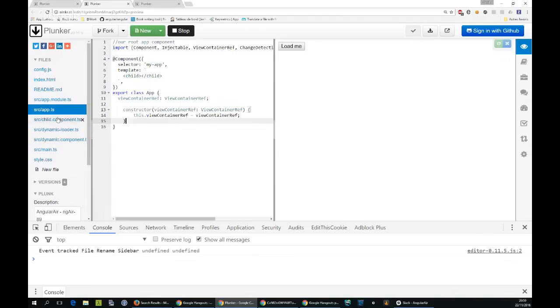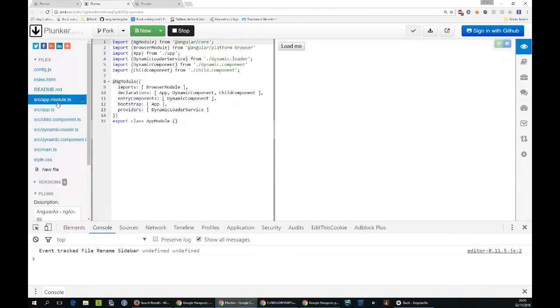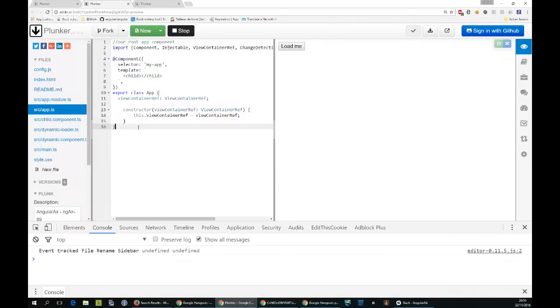What you have to do in your module is declare your dynamic components as entry components, so that Angular generates metadata for them as well, even if by parsing your DOM it doesn't know that you use these components. Since you can use it, you have to declare it as an entry component here. And then in your root component,